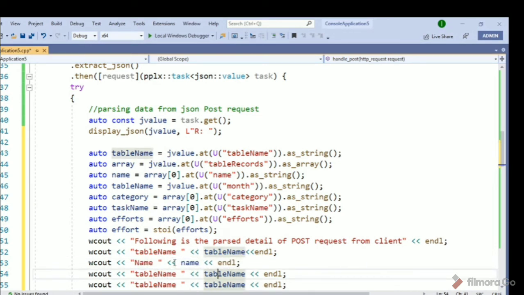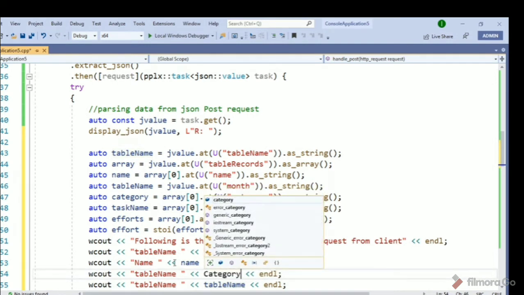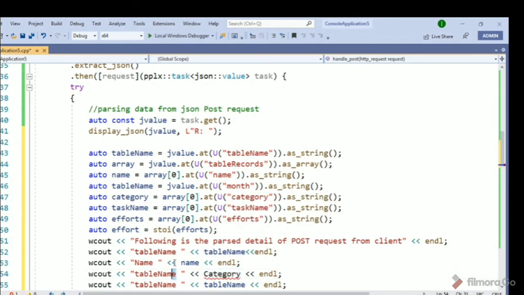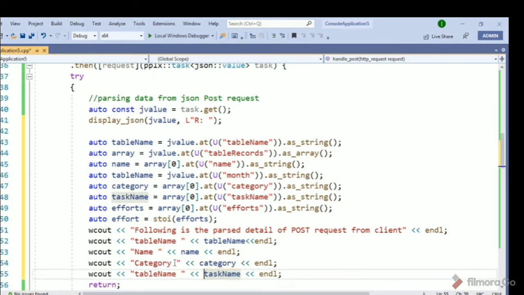Okay, so here category, so I will copy paste it here as well, category, then task name. Okay, C is capital, make it small. Okay, task name, then what is remaining?